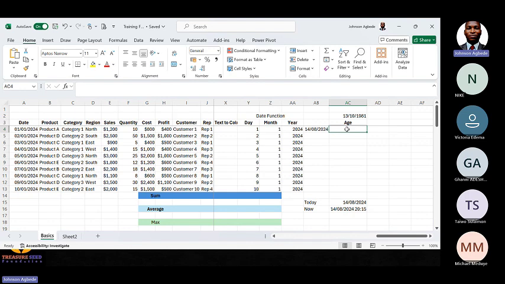What you are looking at is the difference. What is the difference of the age of that person from then till now? What you type is,